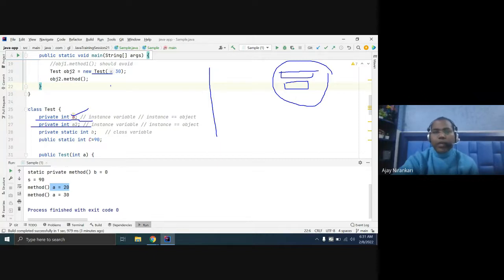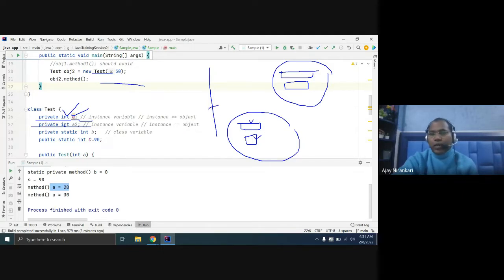Then create a new object, and again memory is allocated for two instance variables. The two blocks of memory are allocated for A and A2, and whatever value a method sets, A is set here, A2 is set here. Similarly, A is set here, A2 is set here. But still, for the static variables, a single copy is allocated where B and C are stored.